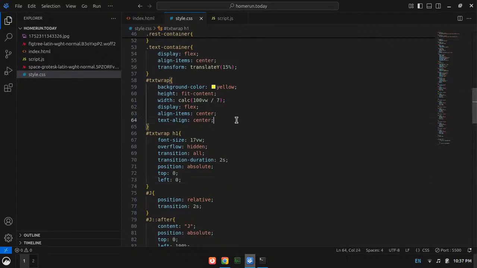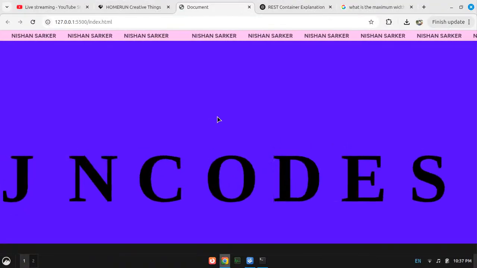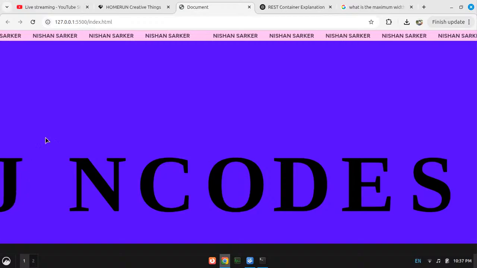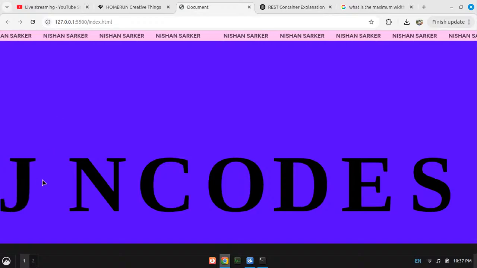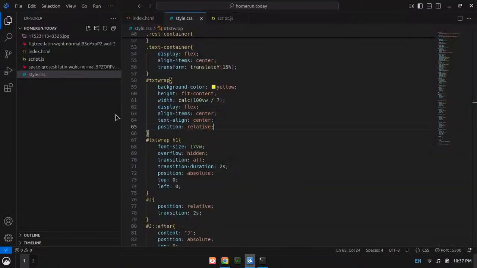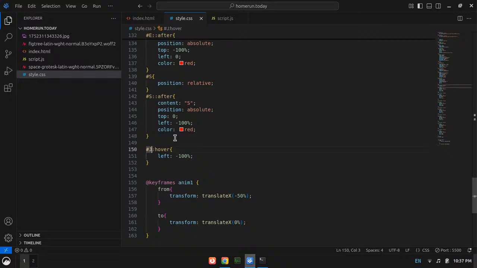And then I need to give it a position relative, not inherit, relative. Now it should work fine. Yeah, now it is working fine. But it is kind of buggy right now, so I cannot actually trigger it on J hover. I need to trigger it when